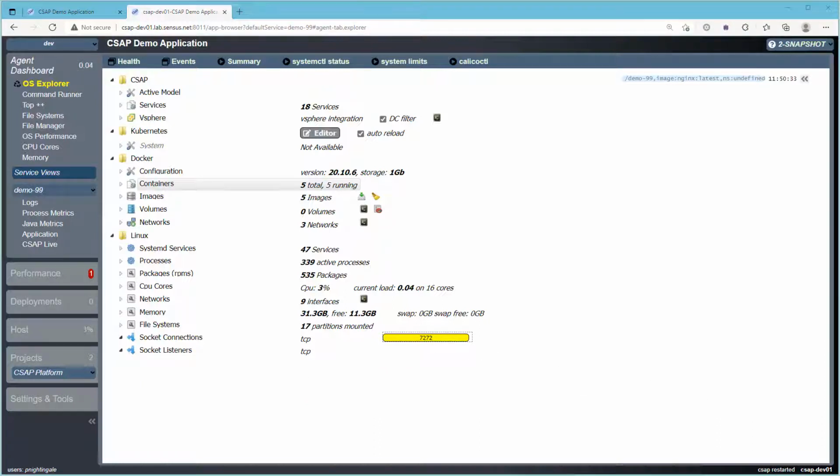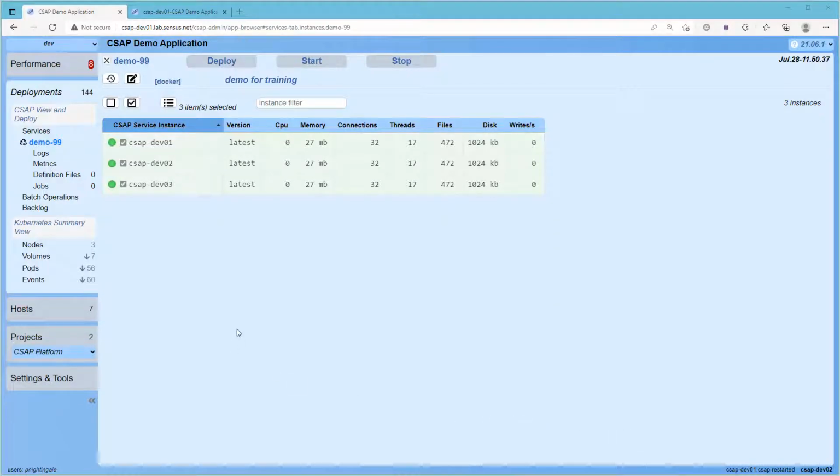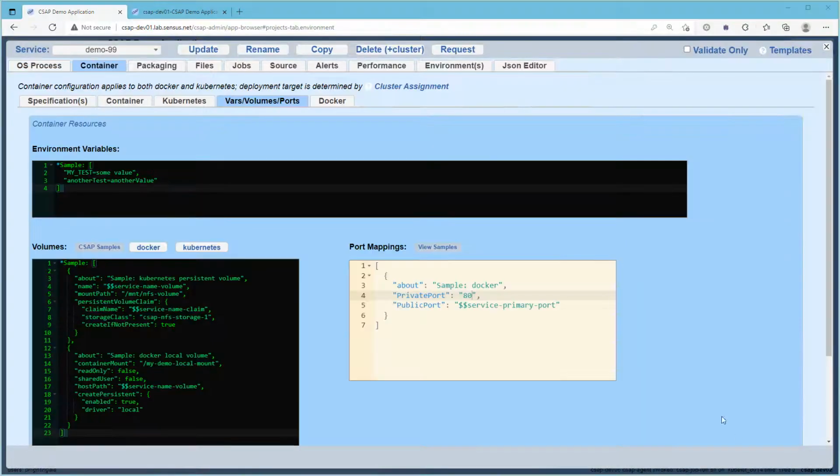We could run this check on all 3 hosts, or we could use the command runner to run it on all hosts at the same time. For now, we'll just assume that it's free on all hosts. To modify the configuration of the service, we'll go ahead and launch the editor, and then we'll modify the port